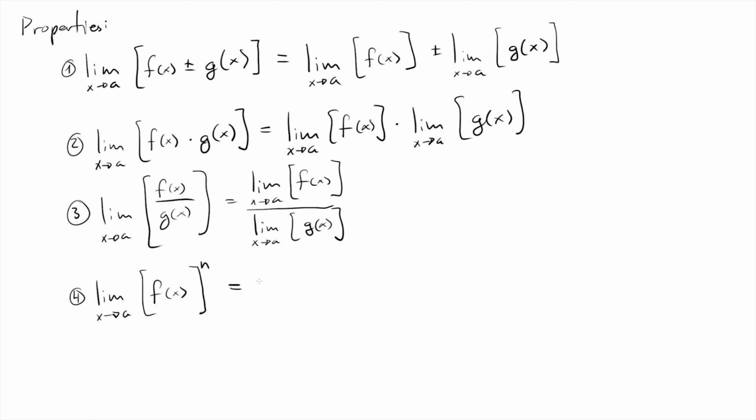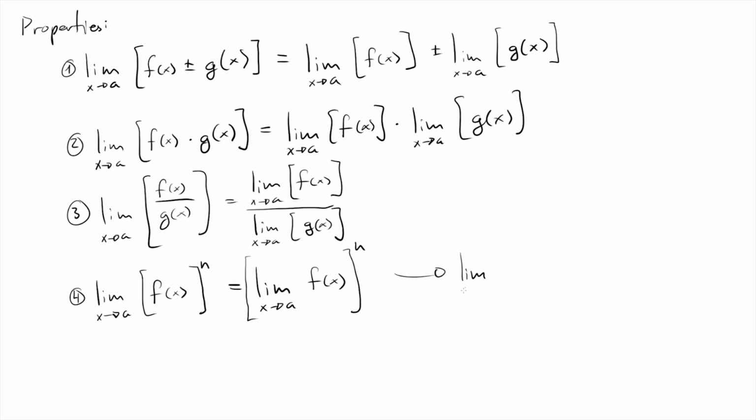This is equivalent to the limit as x approaches a of f of x, but that power is now applied to this entire limit. And this one may be a little bit more difficult to understand or to visualize, but for example,